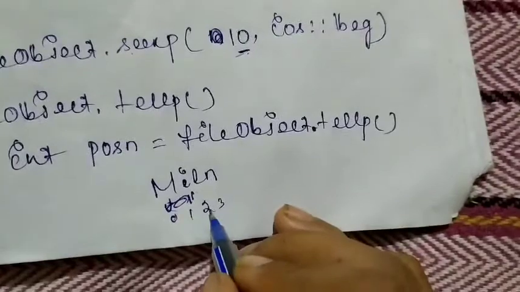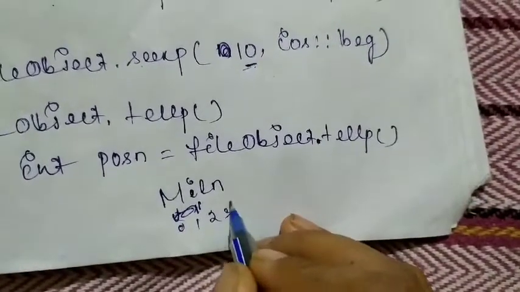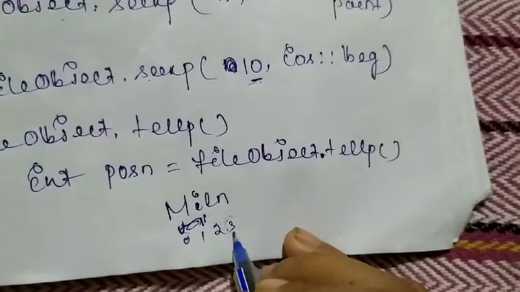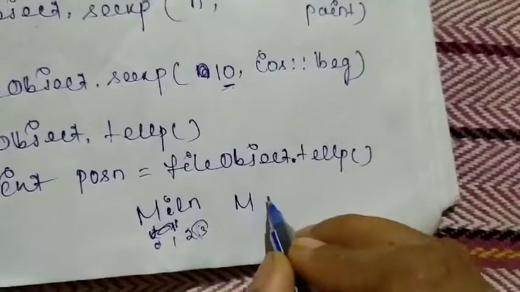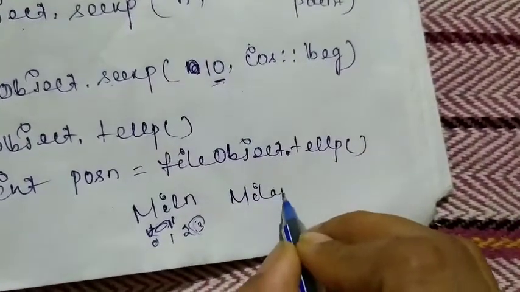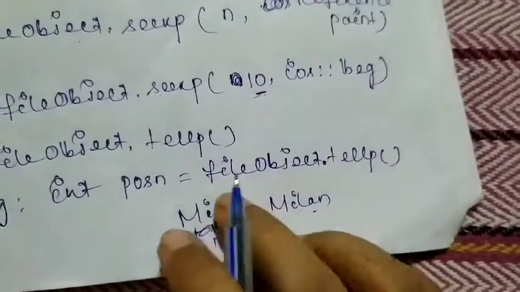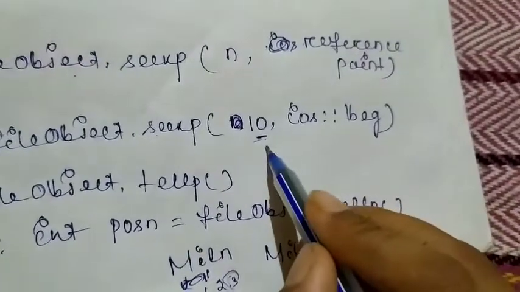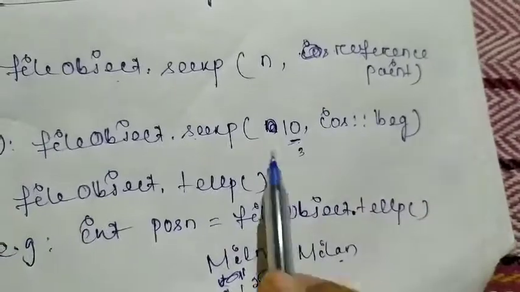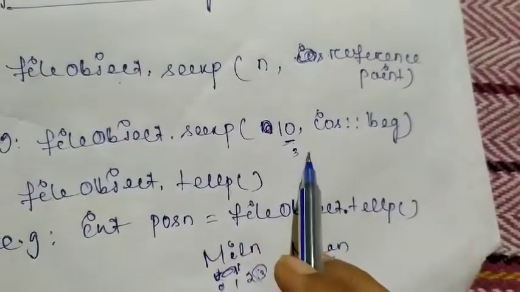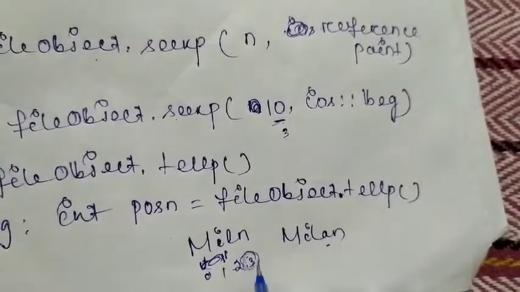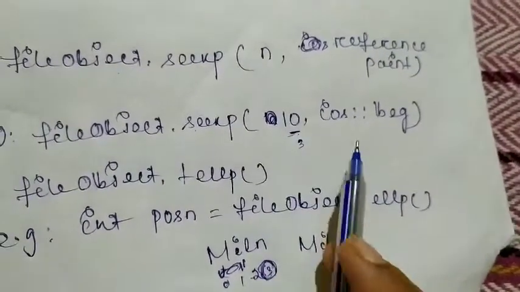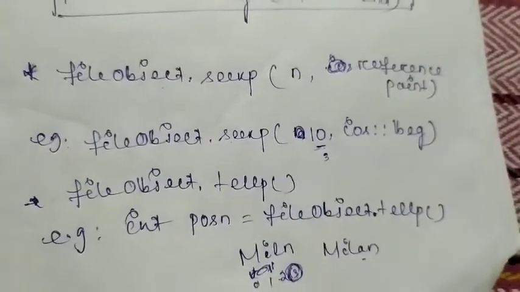That means in the third position I want to write, sorry, A. So we will write 3 and ios::beg, that means the seek pointer will point to this third byte position,